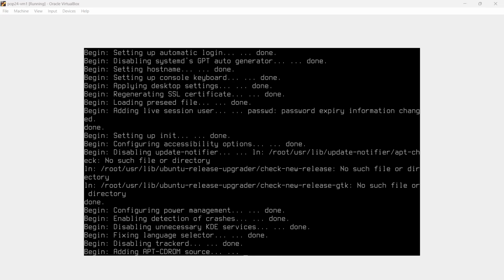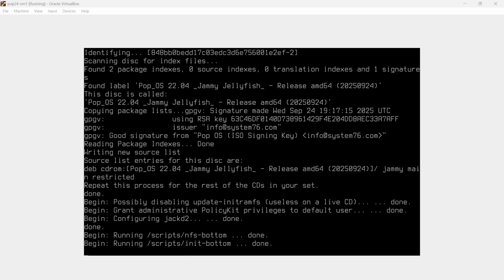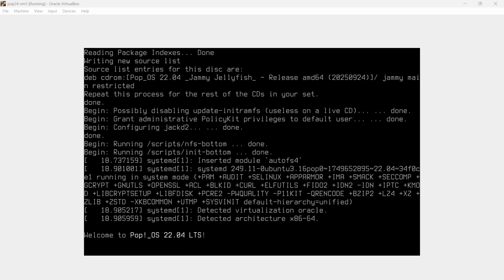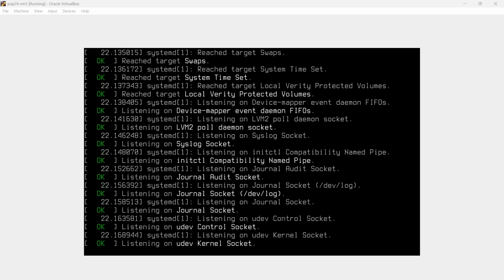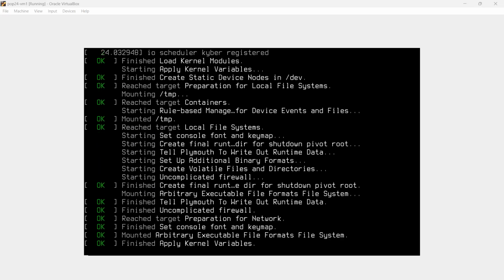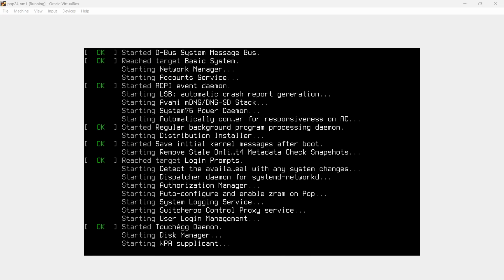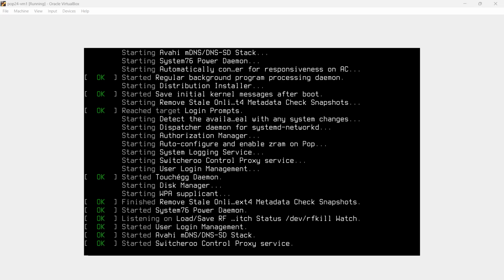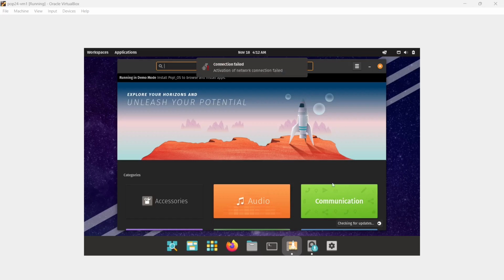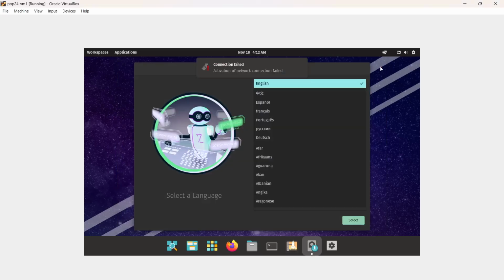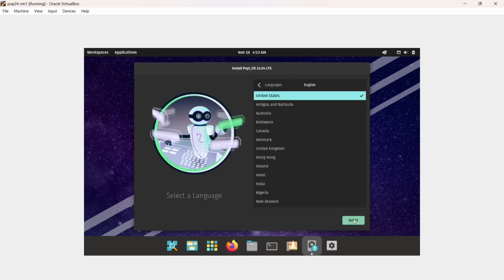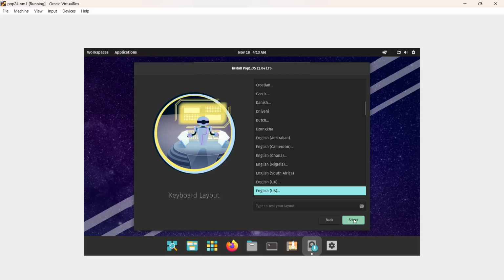Now you can see it started. It's booting from the ISO image, PopOS 22.04 LTS version. Now you can see the interface, and we can go with this language. You can select your language accordingly. So I select the language, and